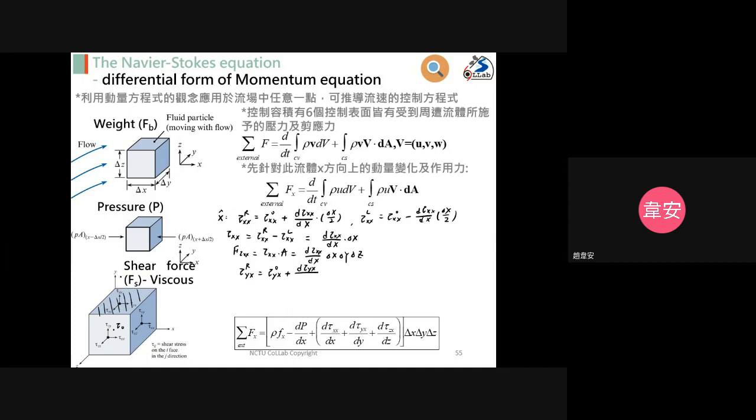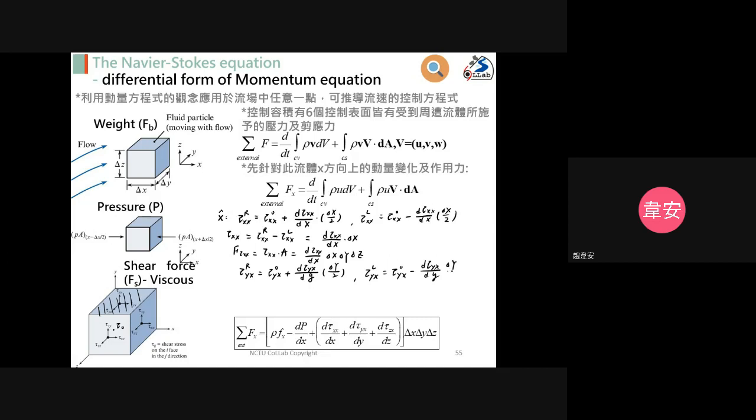This is the gradient change of the tau yx along the y direction. So there is the dy, and there is a delta y divided by 2, and we have the tau yx left, the tau yx 0 minus the d tau yx dy